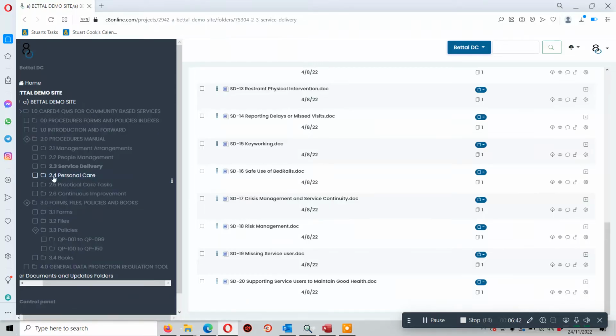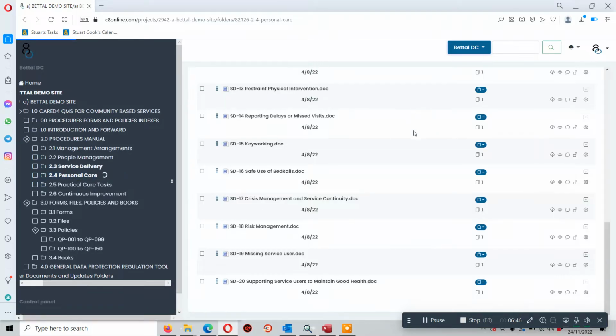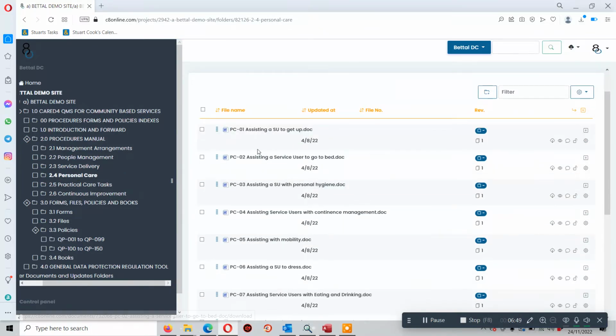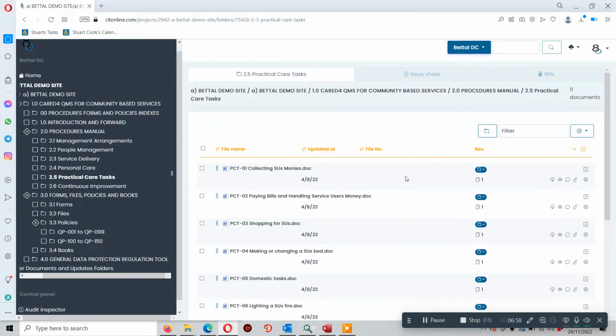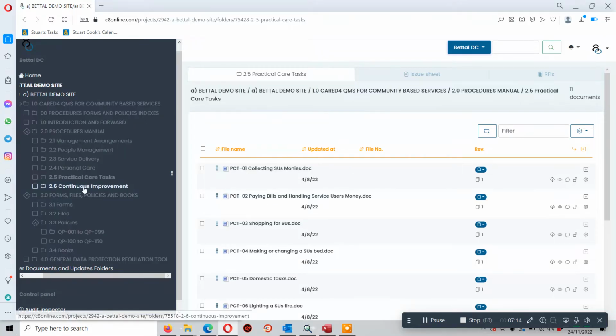Let me go into personal care, and we will have things like continence, hygiene, helping people up in the morning, mobility, etc. Practical care tasks. And all of these documents reflect in detail what your service is about. I have taken time before, and maybe I'll just take 2 minutes to open up one document if I can after I get into continuous improvement,